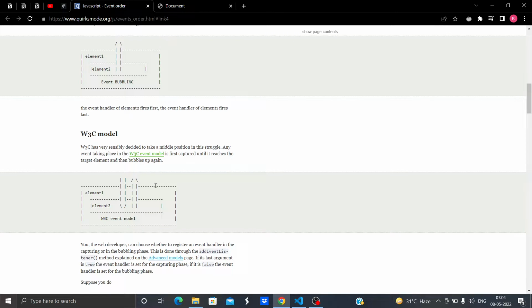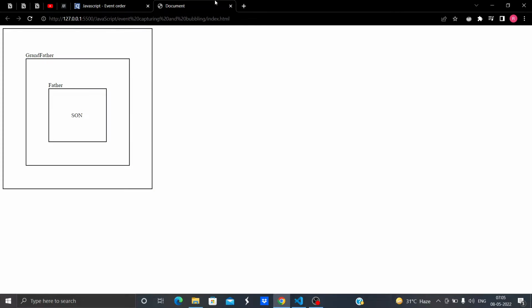So you might ask, how can capturing and bubbling both happen on a single element? When I click here, first capturing should happen, so this will run and this will run, then bubbling should happen, then again this will run and this will run. No, it's not like that. Let me show you live what's happening.